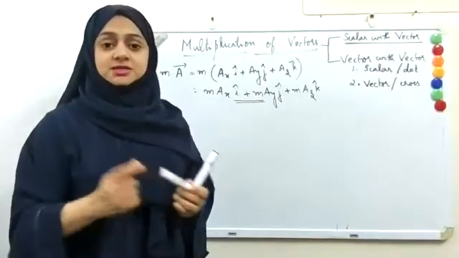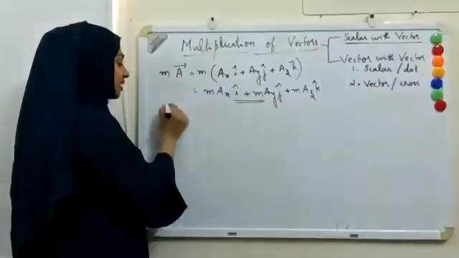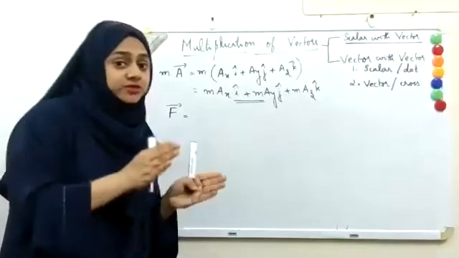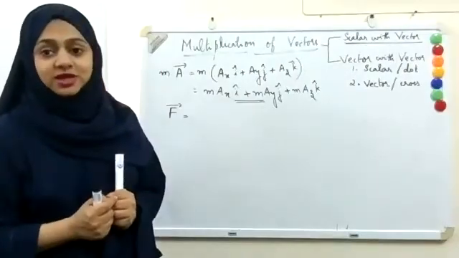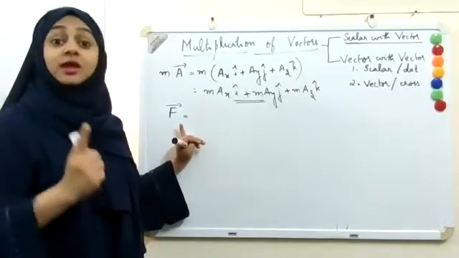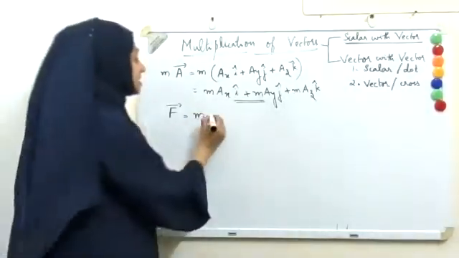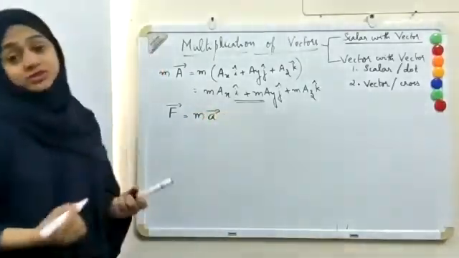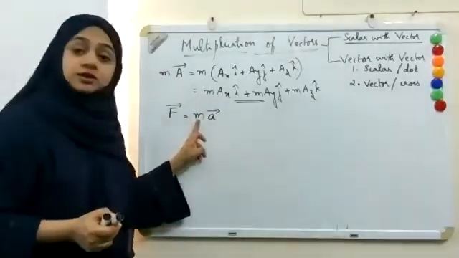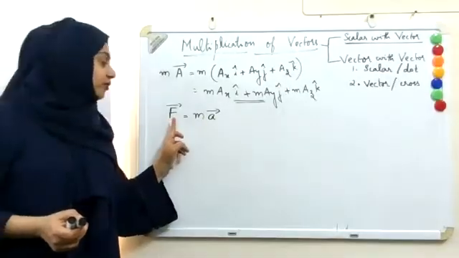In practical case, let me take the case of force. What is force? Force is a vector, right? And there is a formula for force, which is the multiplication of a scalar with a vector. Do you remember that formula? What is force? Force is equal to MA. M is mass, which is a scalar quantity. A is acceleration, which is a vector quantity. So this is an example where a scalar quantity is multiplied with a vector quantity, and as a result, you will get a vector quantity.